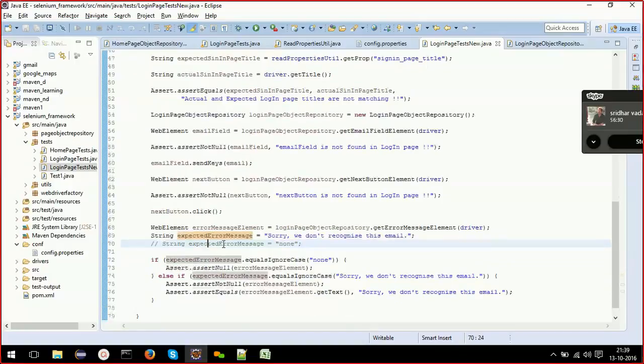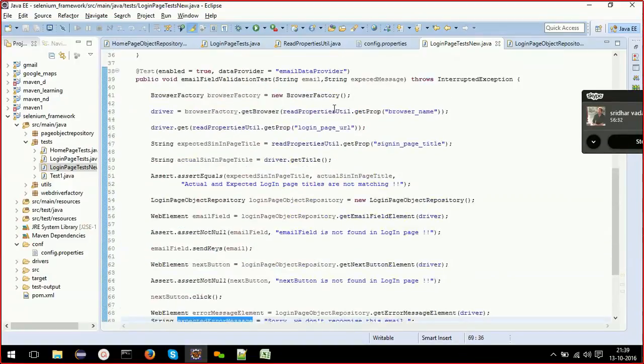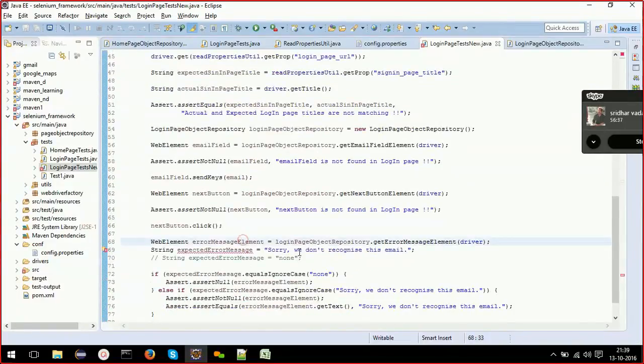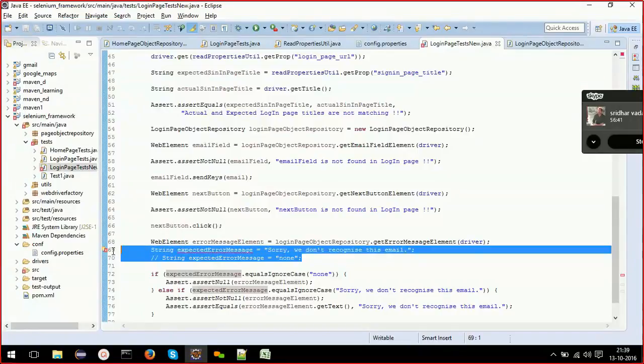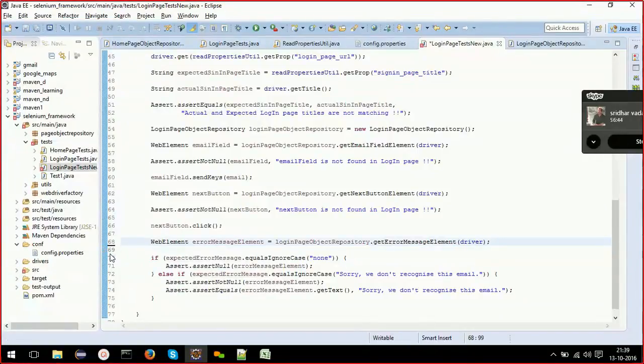I'll change this one, I'll put this name so that I don't need to hard code it like this. I can simply delete it, and equals ignore case. Similarly here we can use expected error message. Now nothing is hard coded here.